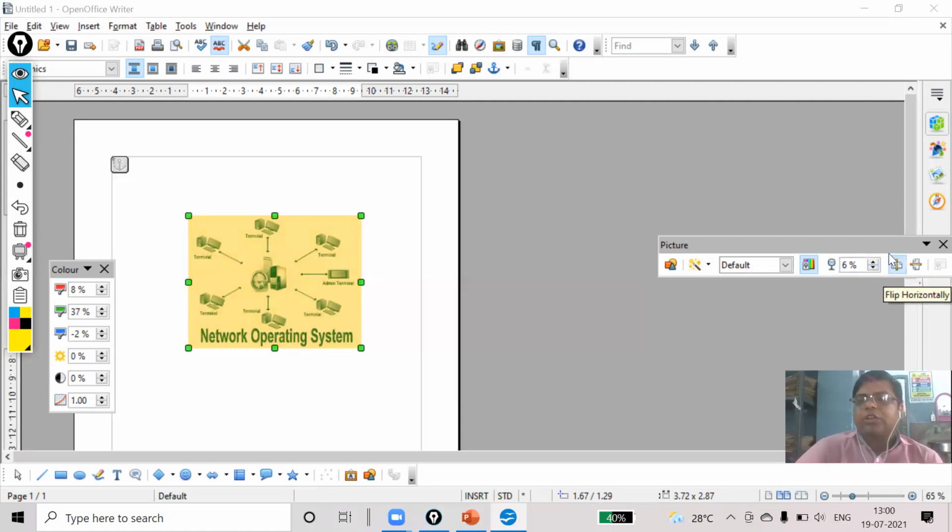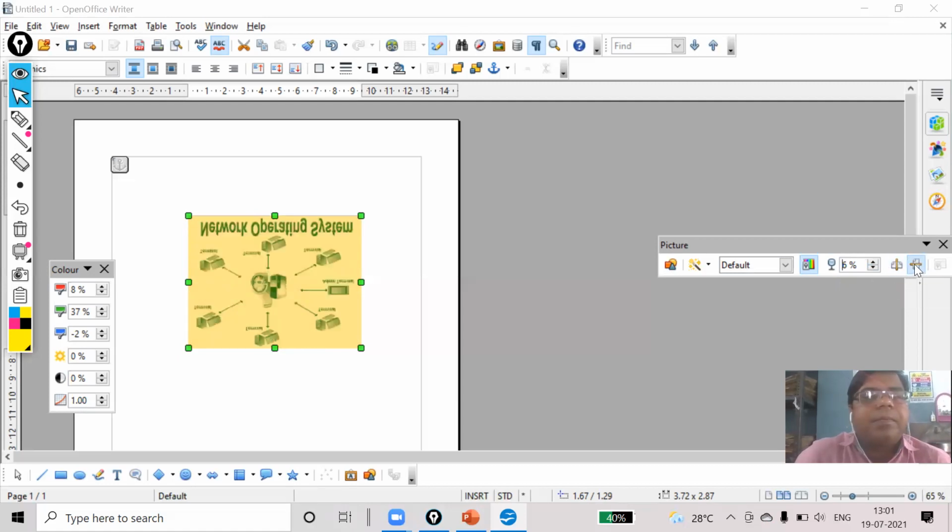Now, the next one is flip horizontally. That means if you want to turn your image in a horizontal way, the left side will become the right side, and the right side will become the left side. Just see.